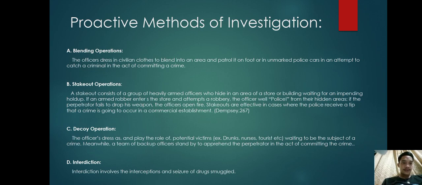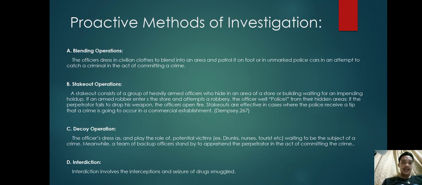The officers will emerge from their hidden areas, and if the perpetrator fails to drop his weapon, the officers open fire. Stakeouts are effective in cases where the police receive a tip that a crime is going to occur